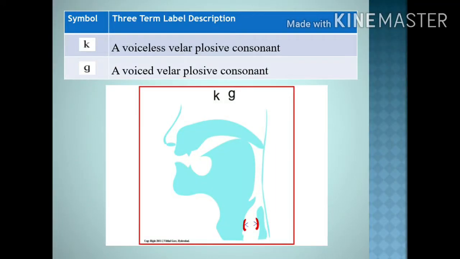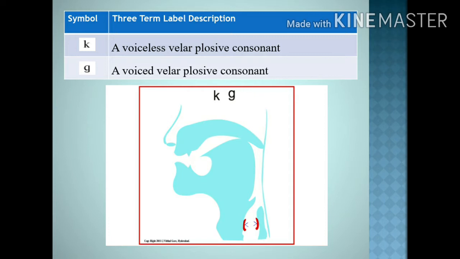So let us switch over to another pair from the same category, that is plosive. As I said, there are 6 plosive sounds in the English phonatory system. So far, P, B we already studied, T, D we have just studied. And then the third pair is K, G. Please don't call it "kay" and "gee". It is a symbol actually for K and G.